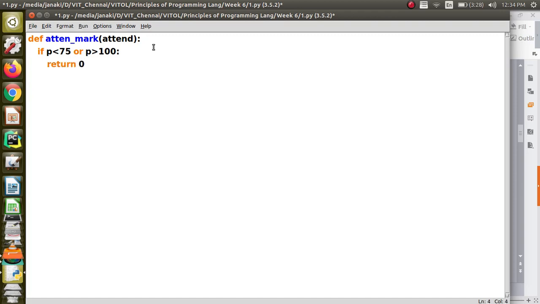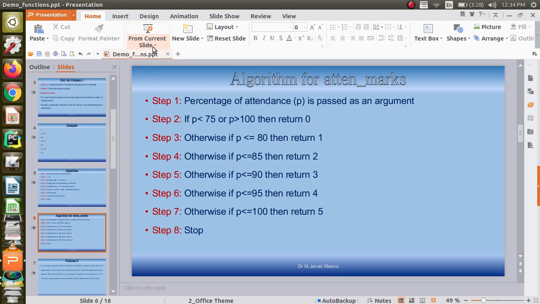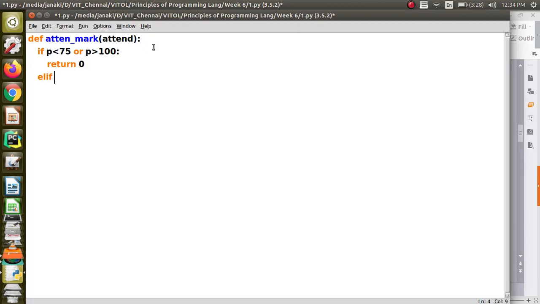Otherwise, how do we write otherwise? Else, and you have to check a condition also. So we are using elif here. Elif is else plus if. So elif, what we are going to do? p less than or equal to 80. We mean that the marks code is from 75 to 80, right? In that case, we are going to return 1.